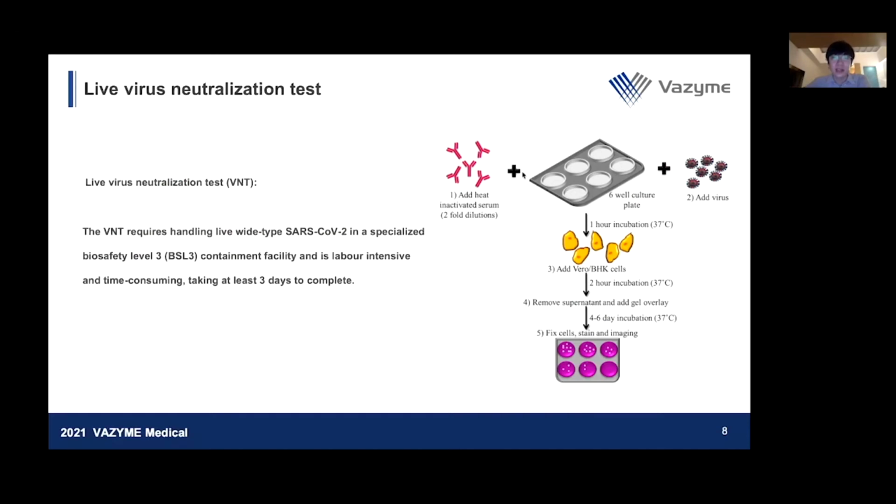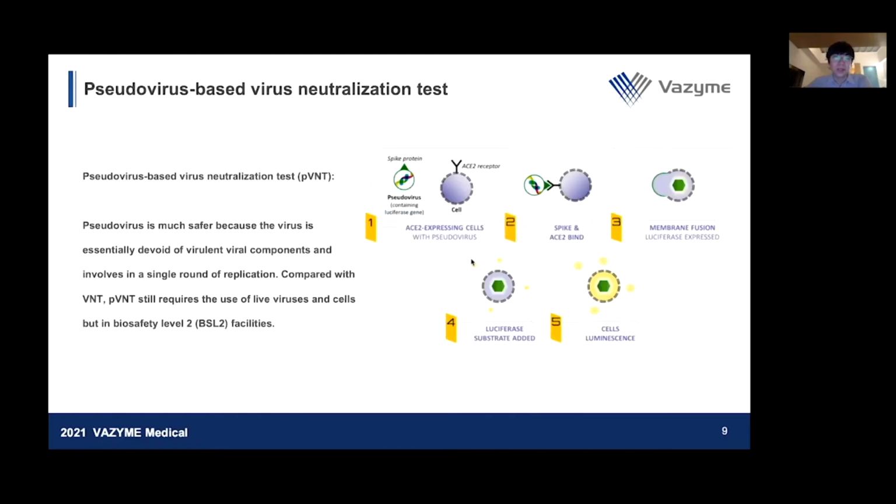the analysis. So for the live virus neutralizing test, because of the high requirements for the facility and the time consumed, it is not very easy to be achieved in all the labs around the world. And the substitute way is we use the pseudovirus-based virus neutralization test. Actually, for this method, usually we use an HIV based pseudovirus. We put the spike protein